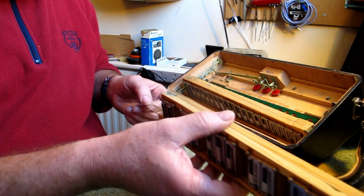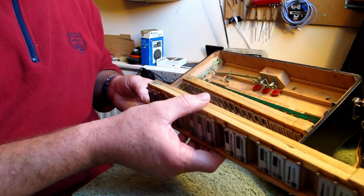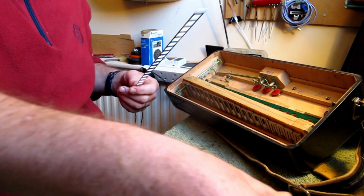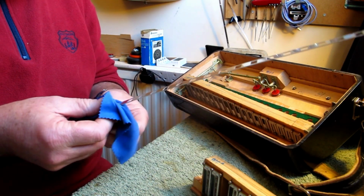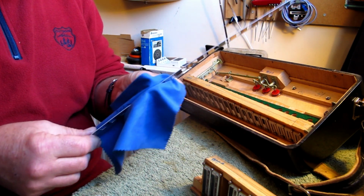Okay, and that already feels really nice, feels a lot better than it did before. I'm just going to give it a bit more polish, get everything really shiny, and that should be fine. And the last little thing I'm going to do, once I've cleaned up the slide,